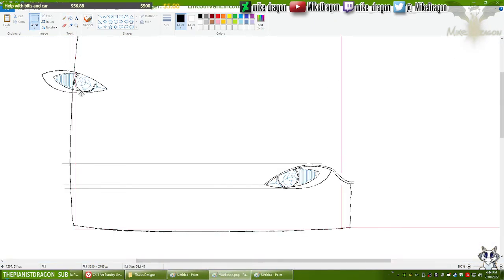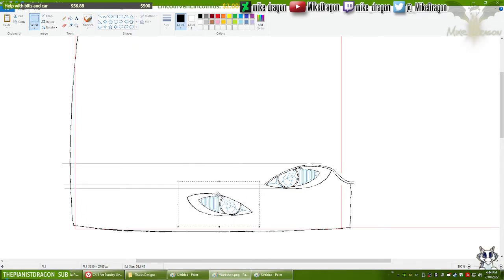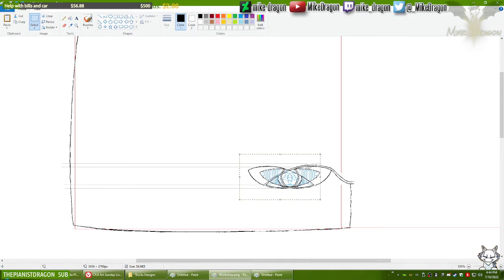Now we bring that over to here, and yes, I know now the angle of the inside of the headlight is wrong, but that is fine for what I need. That is not an issue. I mean, for what I'm going to do now, that is not going to be an issue. Not exactly. Let's just keep shoving it to the side there.